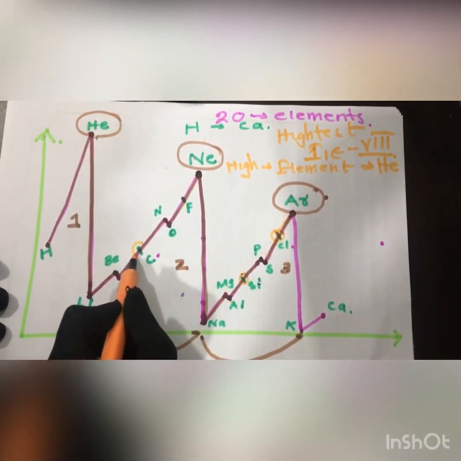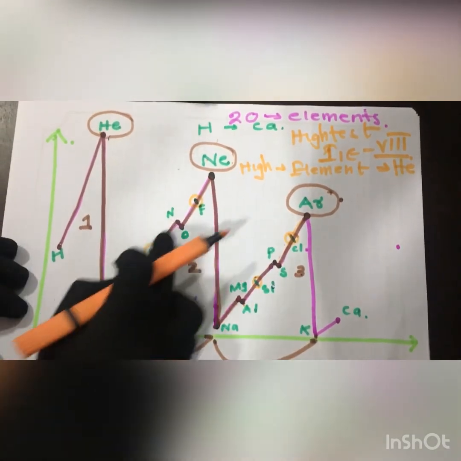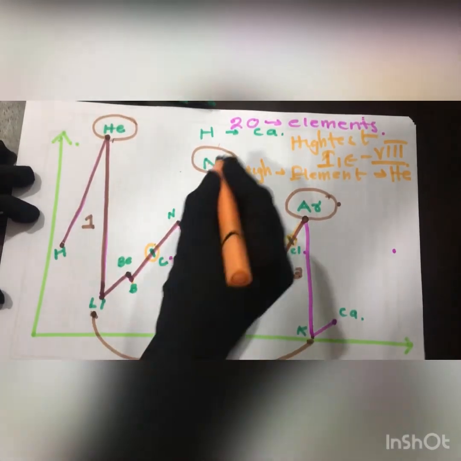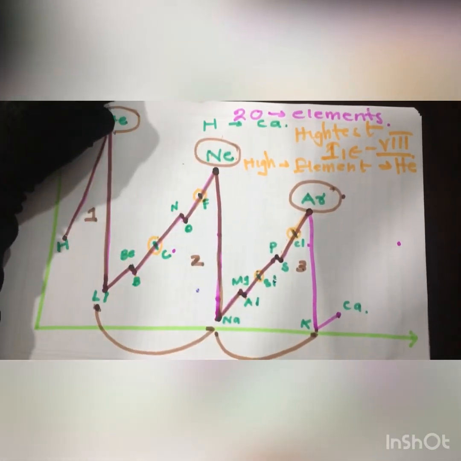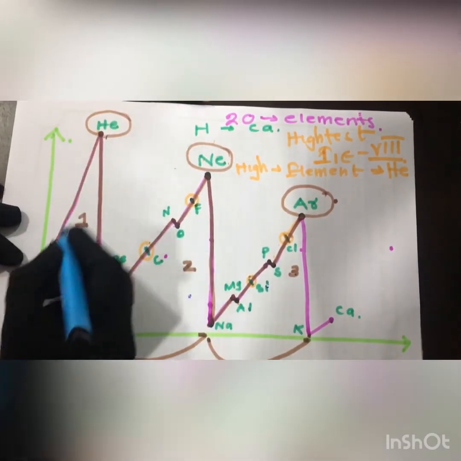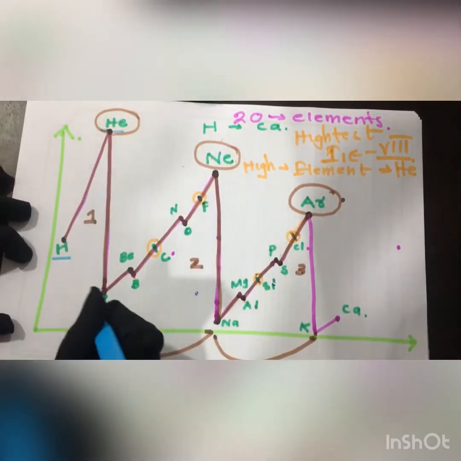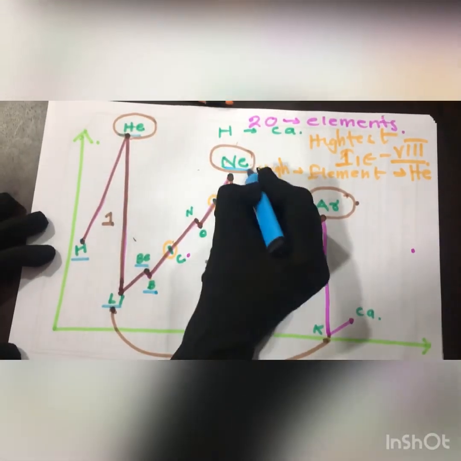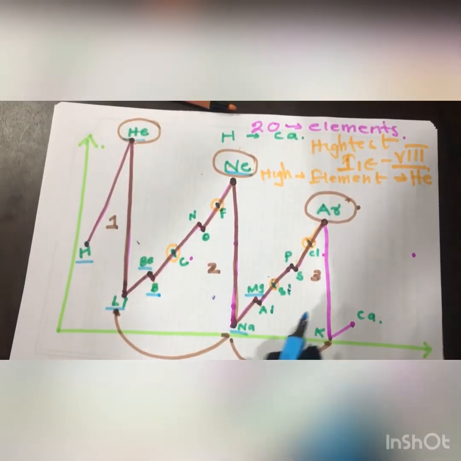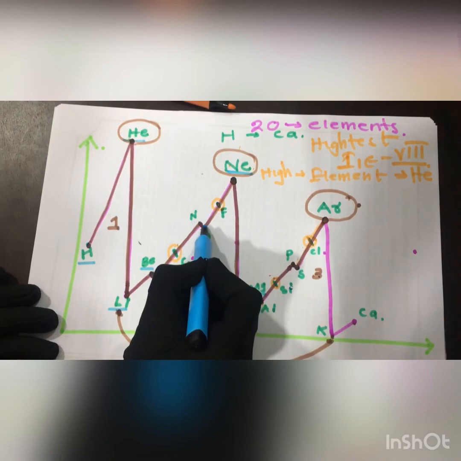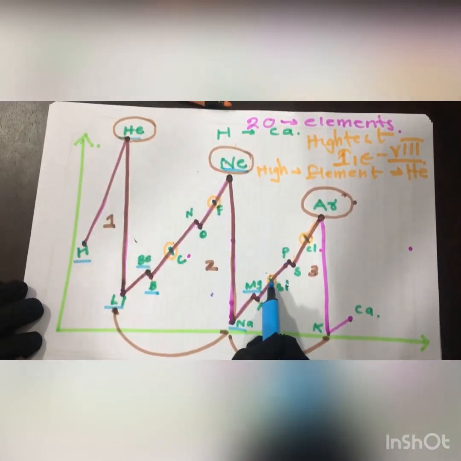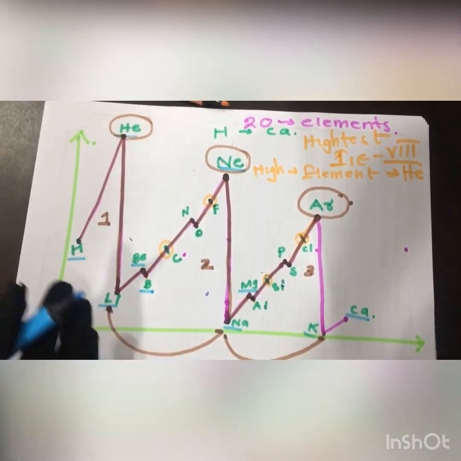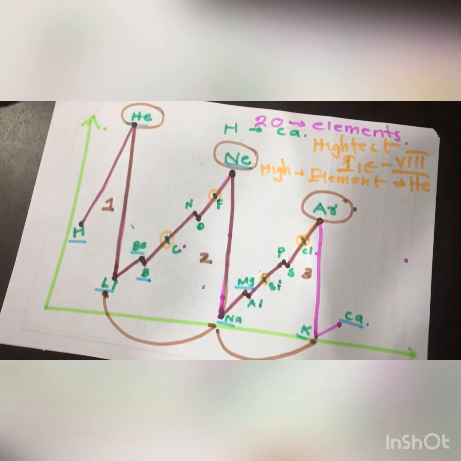Like that, here also the same thing. Here too you mark the elements in the middle, and other things you mark only at the point. On this point, all single, and only in this part here, single. The other bigger raisement and the part that is reaching the other hills, only there you have to mark in the middle also. Okay, so I hope you guys understood this first ionization graph also.